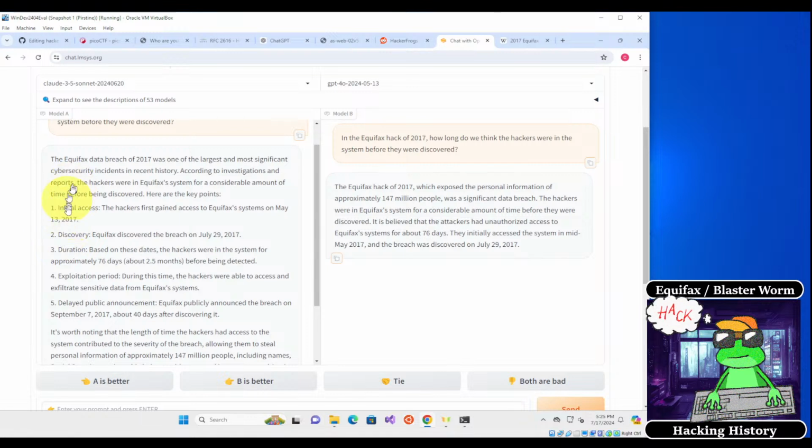Okay, so Claude over here says, initial access: the hackers first gained access to Equifax's systems May 13th, 2017. Okay, and for ChatGPT, it says, it doesn't specify a date. It just says that they were in Equifax's